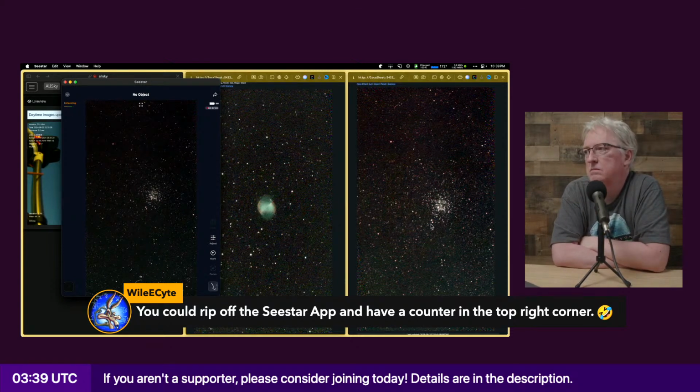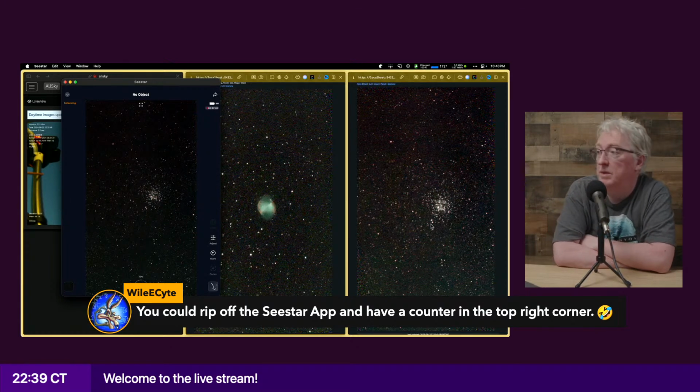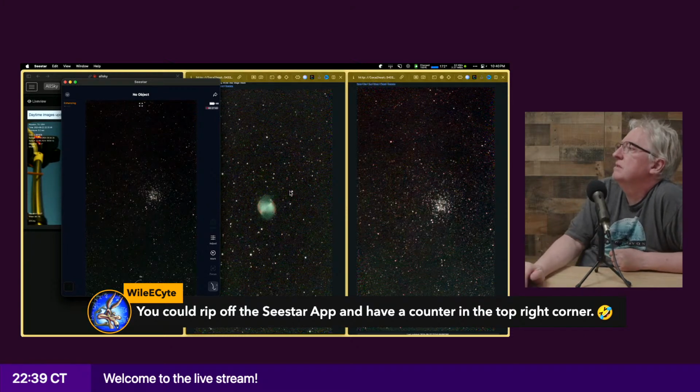So yeah, maybe more gain, but I don't know what the upper limit of the gain is. It would be nice if you could crank up the gain, and then with the stretching, have a non-stacked view that is a little bit brighter. But maybe that's too much to ask for.